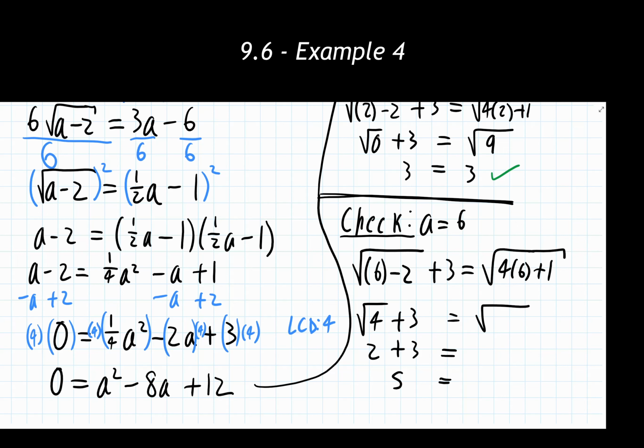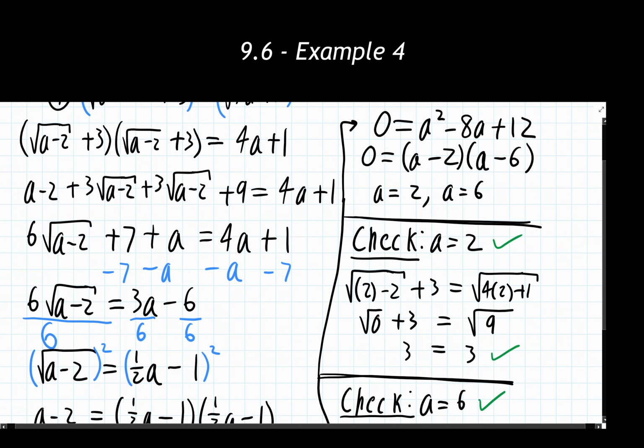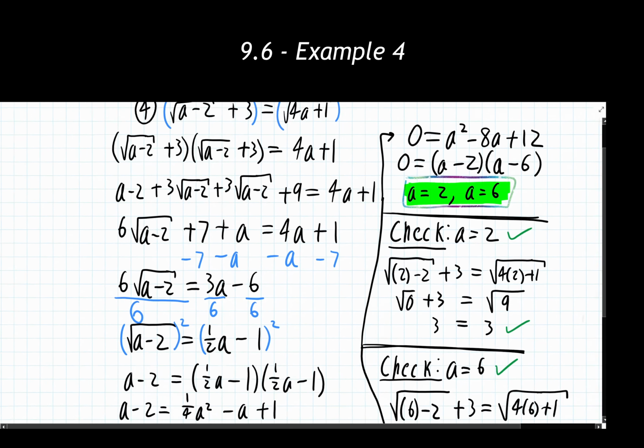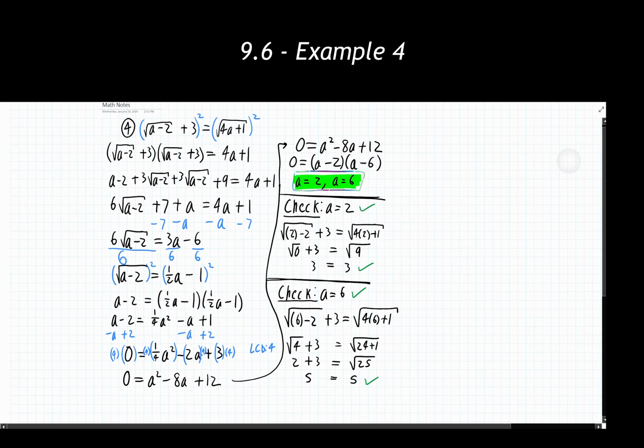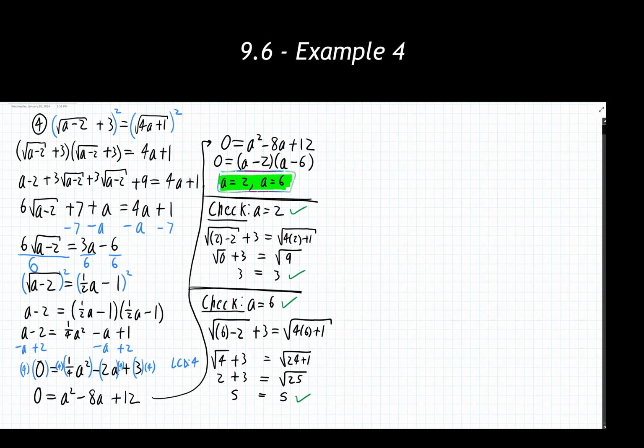We're getting the square root of 24 plus 1. 24 plus 1 is 25. So the positive square root of 25 is 5. Excellent. So that tells me that a equaling 6 is an answer. Therefore, both of my two potential answers absolutely work. So I'll try and zoom this out here, see if I can get most of the process in one shot. It's about as good as it's going to get.